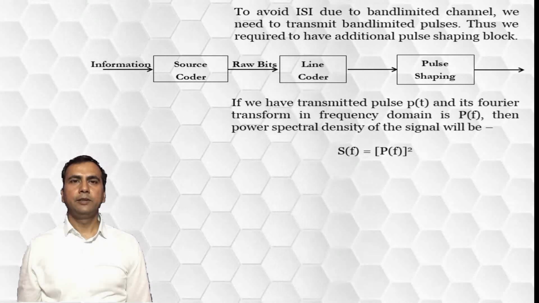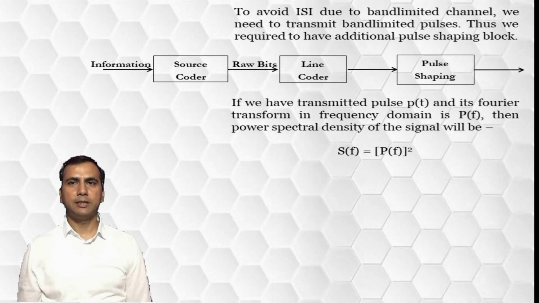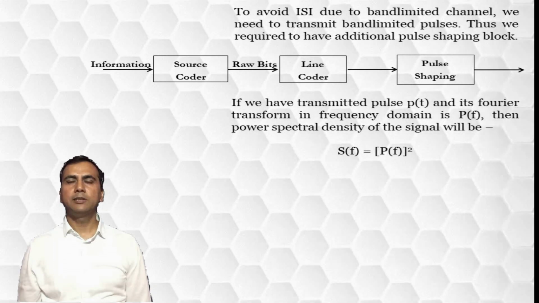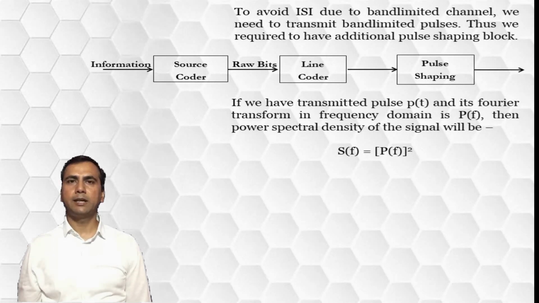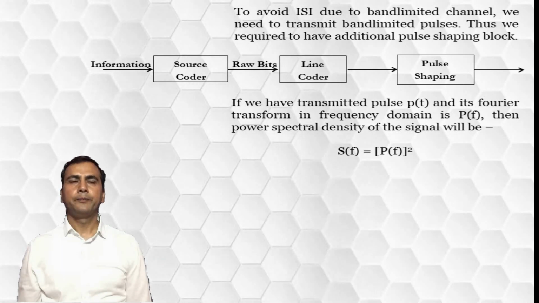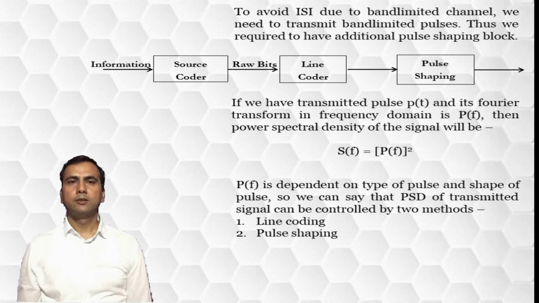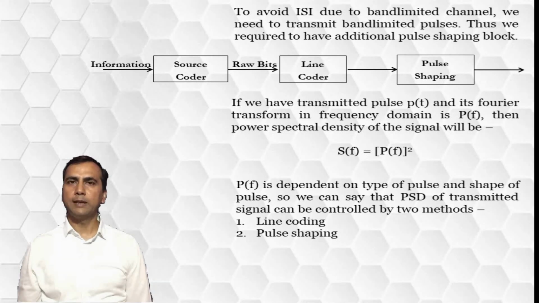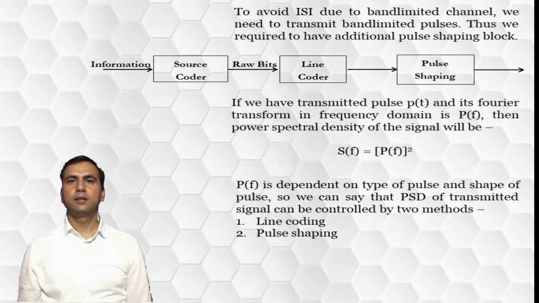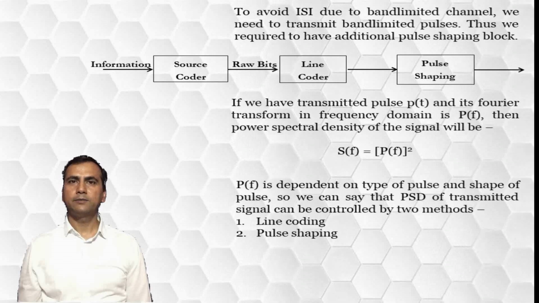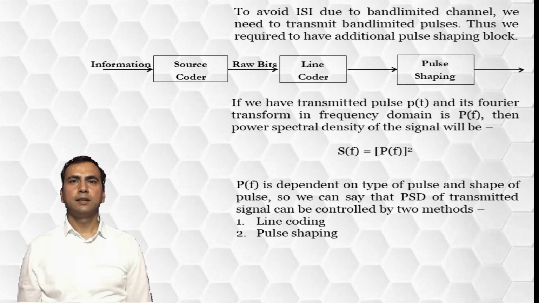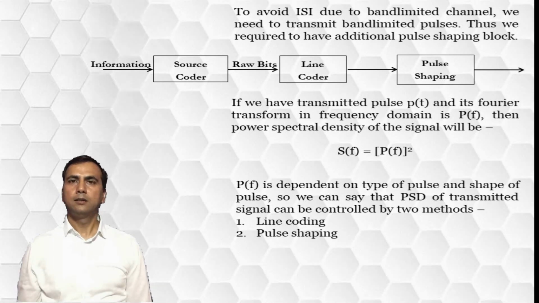Additionally, we know that if we have a transmitted pulse p(t) and its Fourier transform in the frequency domain is P(f), then the power spectral density of the signal is given by S(f) equal to |P(f)| squared. Now P(f) depends on the type and the shape of the pulse. So we can say that the PSD of the transmitted signal can be controlled by two methods: line coding, in which we choose the type of the pulse, and pulse shaping, where we choose the particular shape of the pulse so that we can have efficient control on the